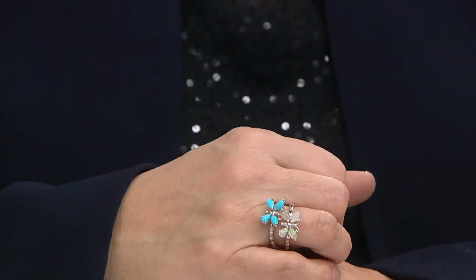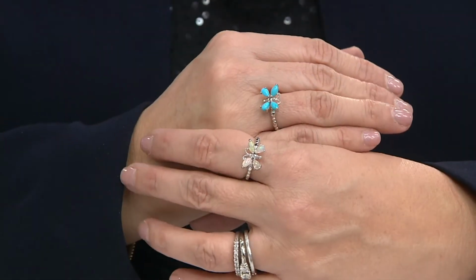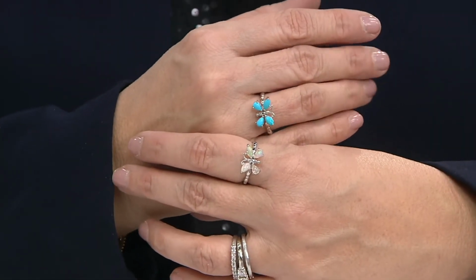Maybe you want to honor a couple of folks that have passed on. Butterflies oftentimes are worn for that reason, or they're given as gifts between friends. They're so charming and fun. I love the way they fly. There doesn't seem to be any rhyme or reason to the path that a butterfly takes, and it reminds me a little bit of my life, I must say. But to me, it's uplifting and full of fun, and I really do think that it would make the